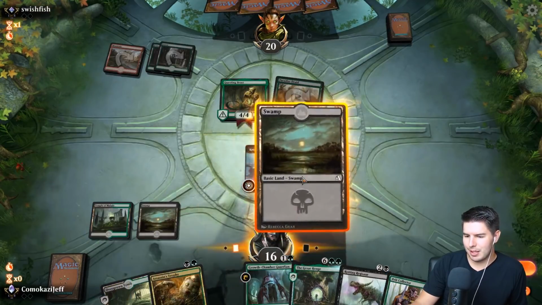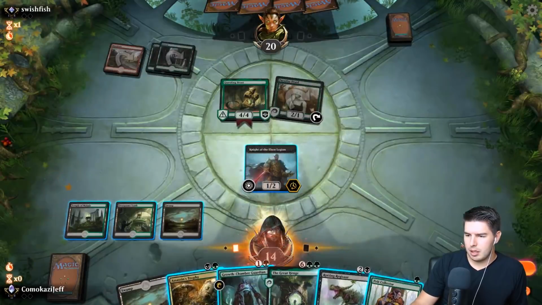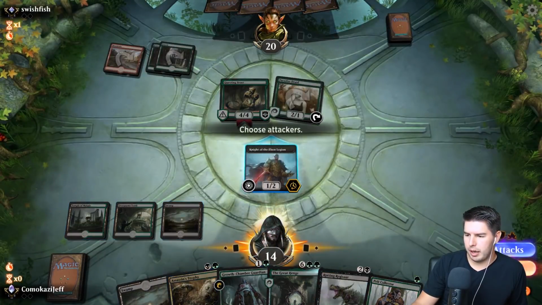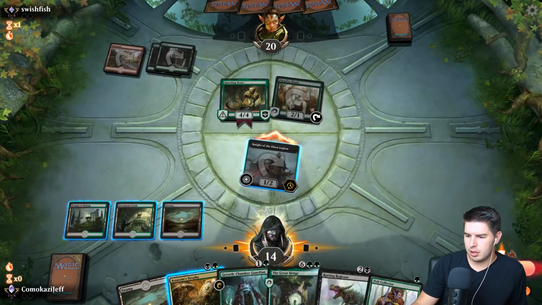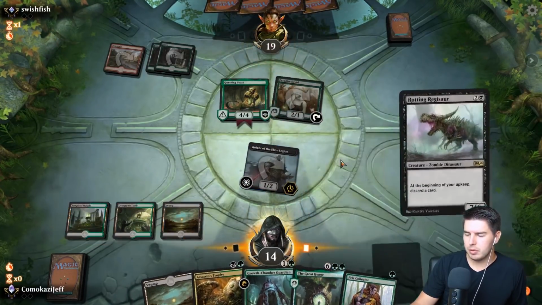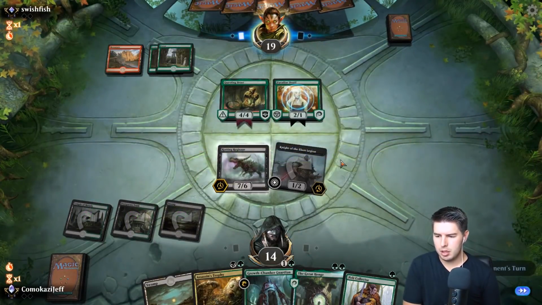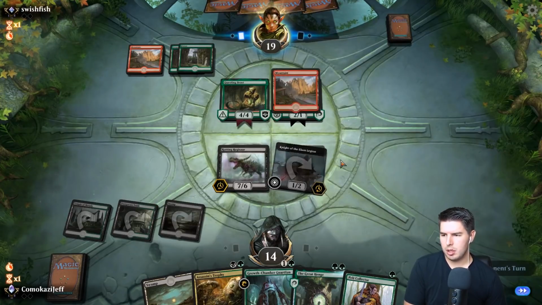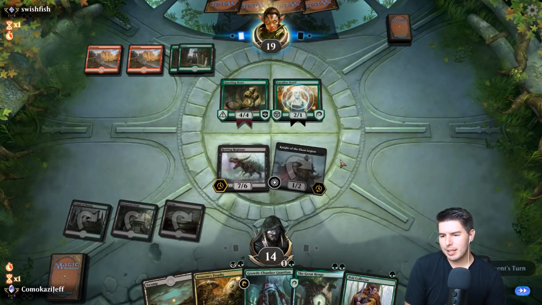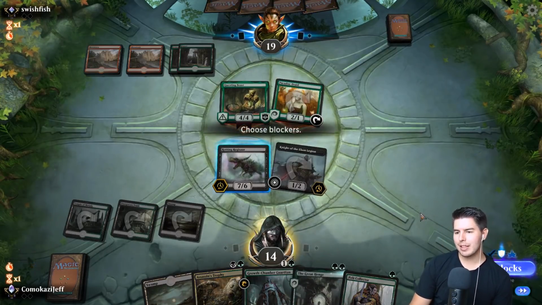It's a tough choice. All right, offer the trade here. Rotting Registrar, pass the turn. We're just going to take our beats. We hope that Rotting Registrar can stay alive for this Great Henge. Once we get Great Henge out, though,